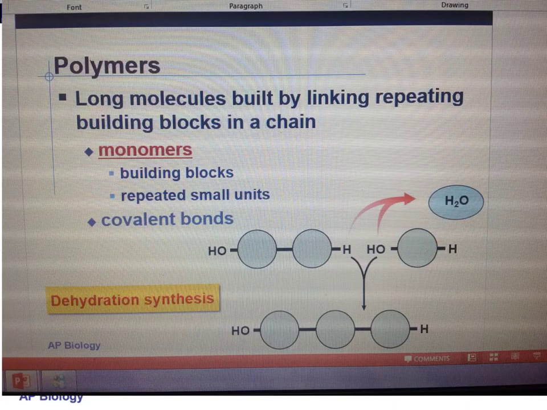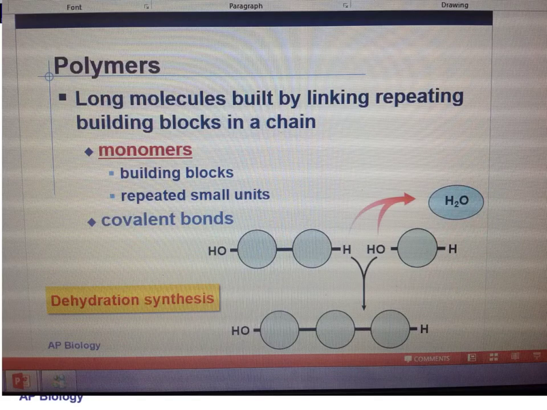So here we go. Polymers. Poly means many. So pretty much what a polymer is, it's a long molecule made by repeating units that have all been linked together in the form of a chain. So we take the same thing and we just make millions and millions of copies of it, and then we smush it all together so that it stays. I always like to think of links in a chain or like Lego pieces, because they all kind of look the same and you just build them one on top of each other and now you have a giant Lego wall or whatever.